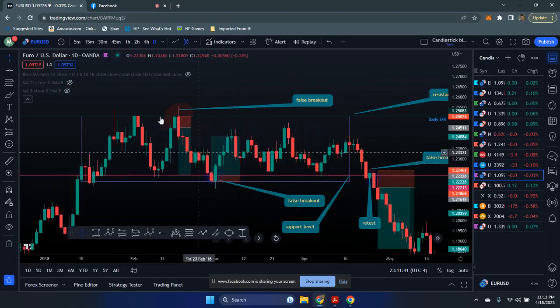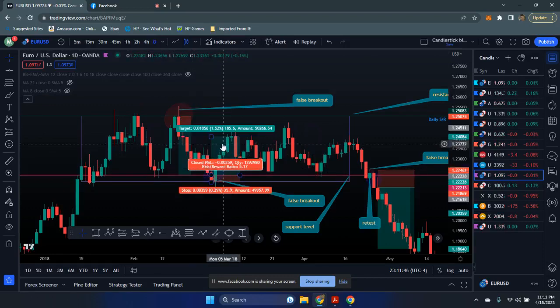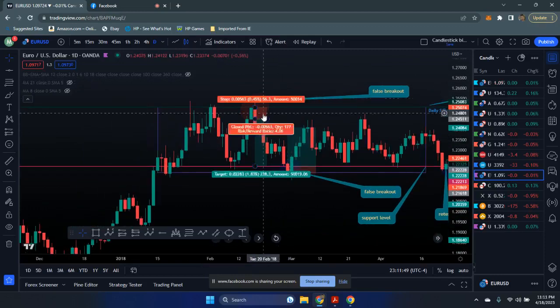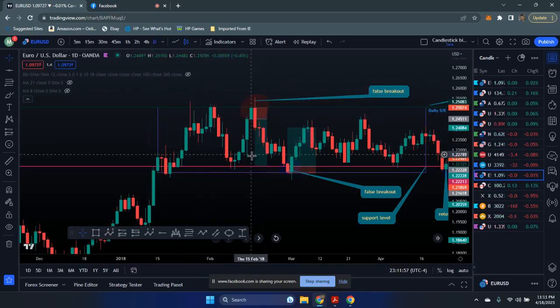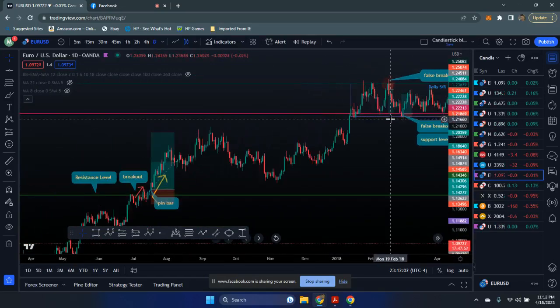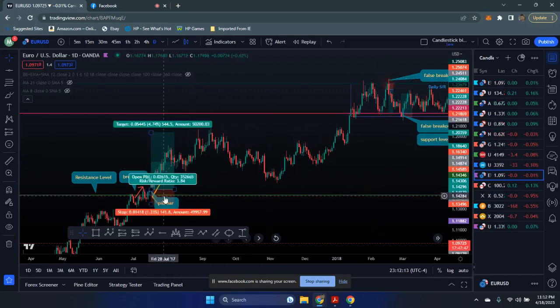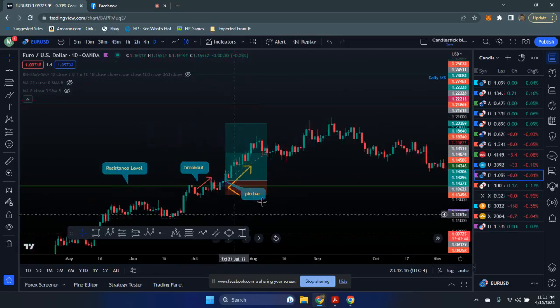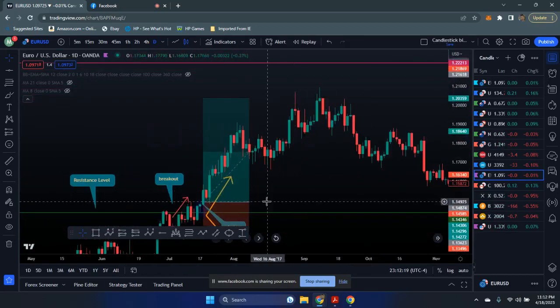This one, I think this was on a lower time frame, but got in right after that bullish engulfing, risking 35 to make 185, 5.1. This one was also an entry on a lower time frame, risking 56 pips to make 228 pips. Make sure your risk rewards and your setups are right. On the ranging it is supply and demand, but on the regular pairs it is a major support or resistance level.